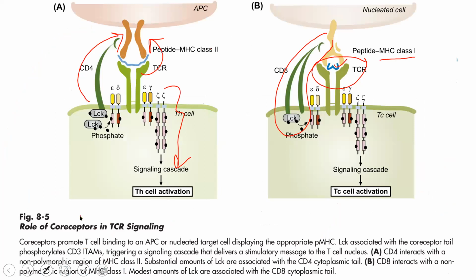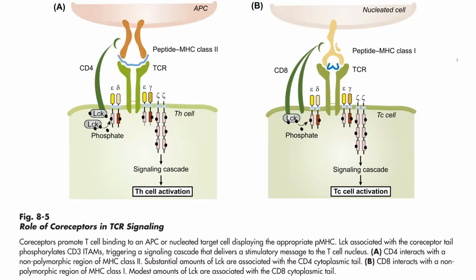So this is the picture that gives us a brief idea about how the initial activation of T lymphocyte is occurring. The T cell receptor is recognizing the antigen. The signals are being perceived and transmitted to the CD3 molecules. The CD3 molecules are then starting the downstream signaling cascade. The CD4 molecule present here is recognizing the MHC class 2 molecule. So this whole set acts as a complex mechanism.